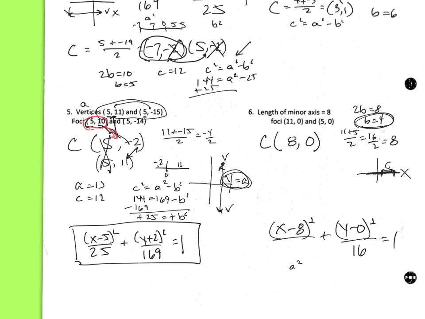Now we need to know what c is. The distance from the center to the focal point is 3. Doesn't matter if you go 8 to 5 or 11 to 8, doesn't matter. So c is 3. So now we do c squared is equal to a squared, don't know it, minus b squared. And then just add the 16 over here, and we get 25 is a squared, and that goes underneath